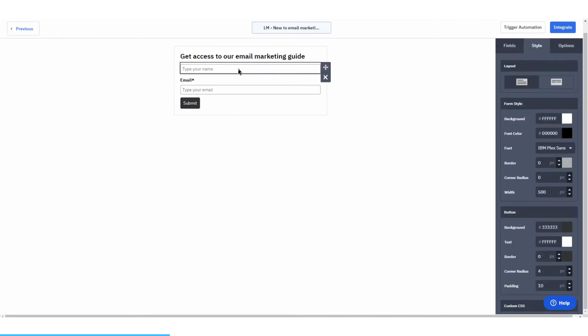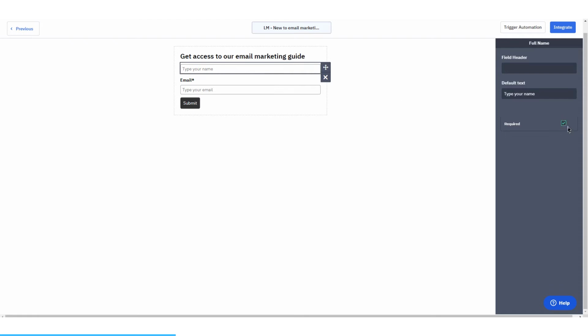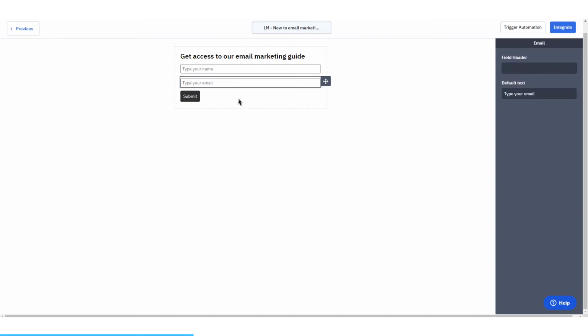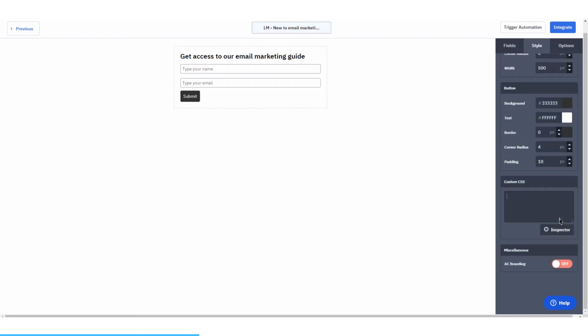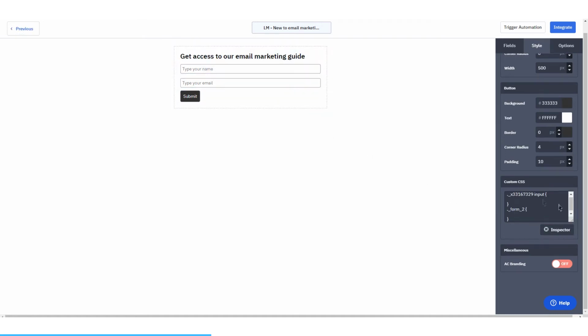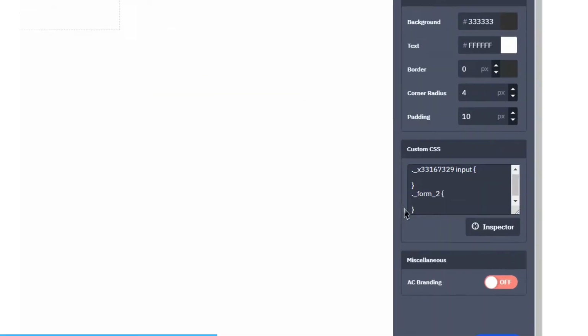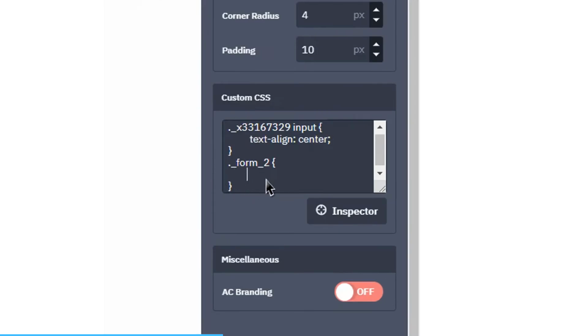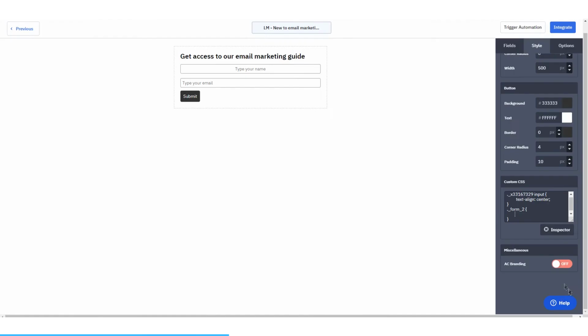Next, we're going to center the placeholder text. Unfortunately, ActiveCampaign requires you to enter CSS code rather than using a GUI interface. The first thing you need to do is to go to the style and click Inspector. Then select the element you'd like to change. We'll click on Name. Next, text-align: center;